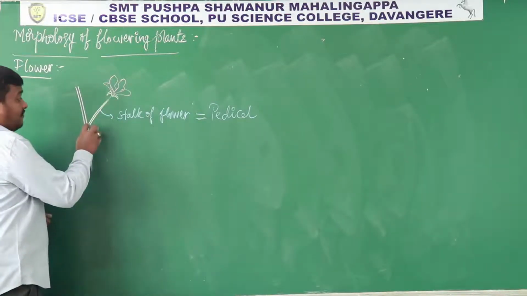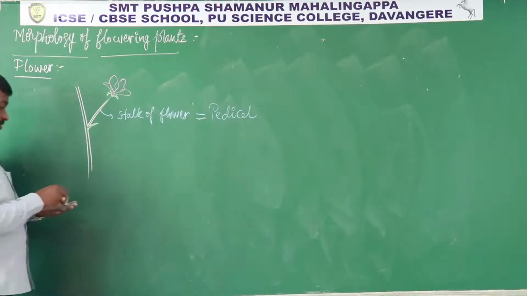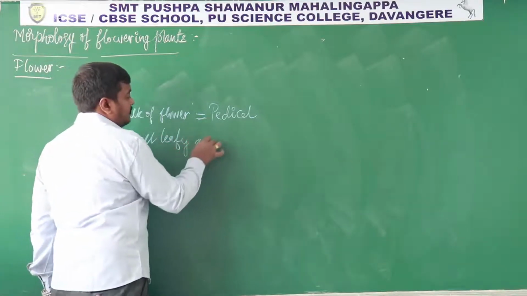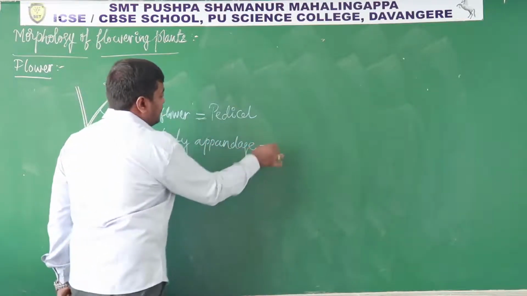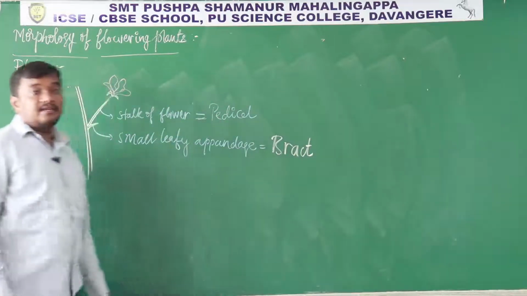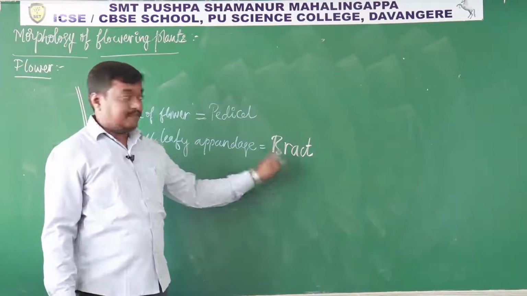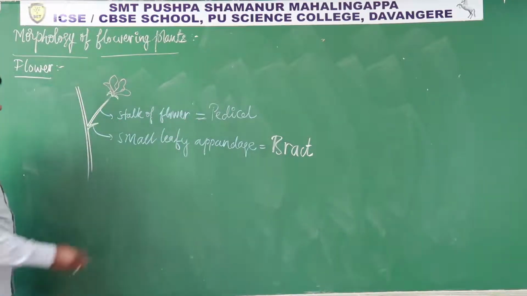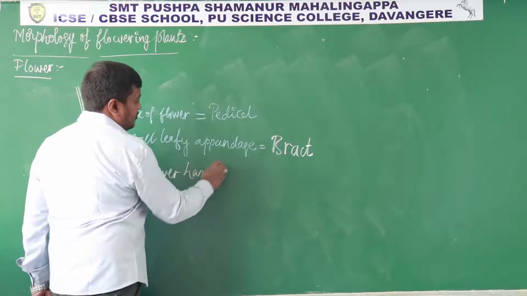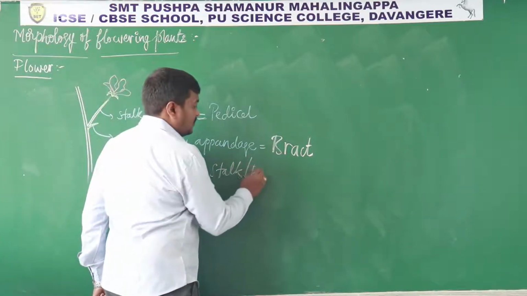And at the base of the pedicel, if a small leafy appendage is present, this small leafy appendage is called a bract. Like this, below the stalk there is a small leaf-like structure, and if such a small leaf-like structure is there, we call it a bract. Based on this, if a flower has the pedicel, it is called pedicellate. So let me see the condition: if a flower has a stalk, or pedicel,